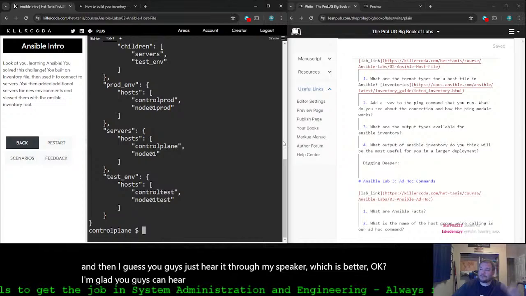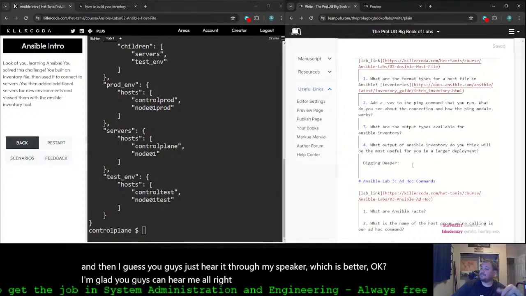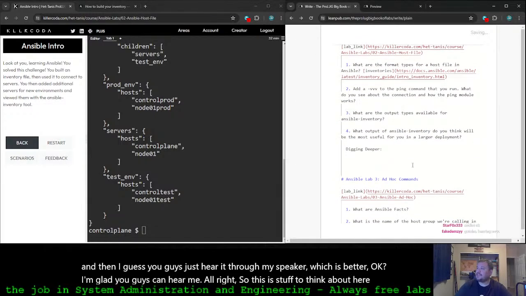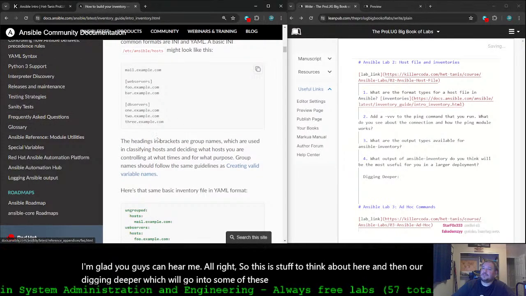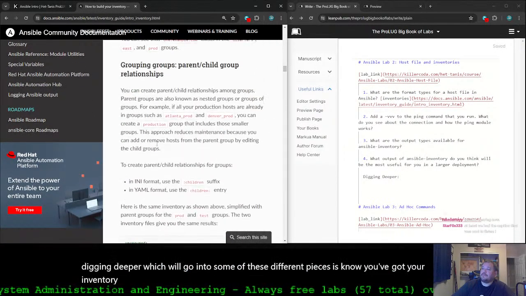All right, so this is stuff to think about here, and then our digging deeper, which will go into some of these different pieces, is you've got your inventory file, right?